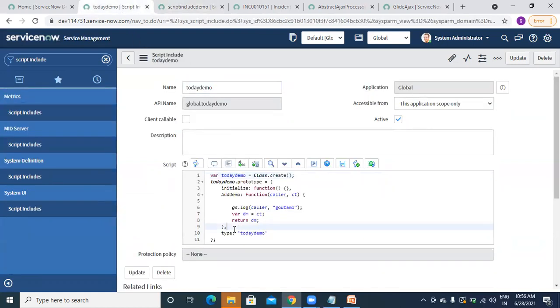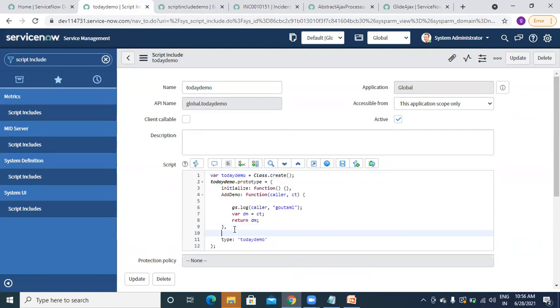And one more question: how can we call one function from another function in script include? This is also a commonly asked question. So I am giving here sub demo, colon function.